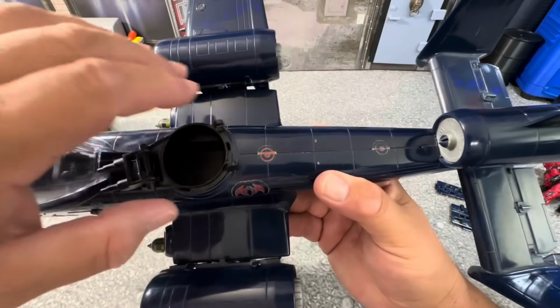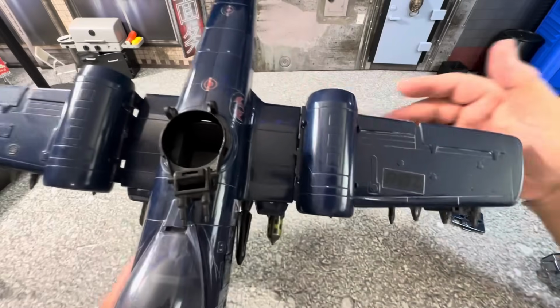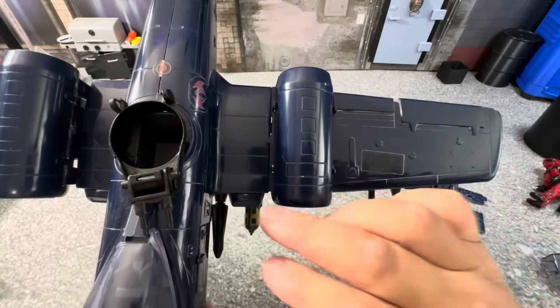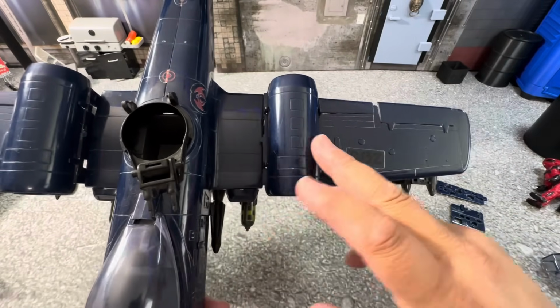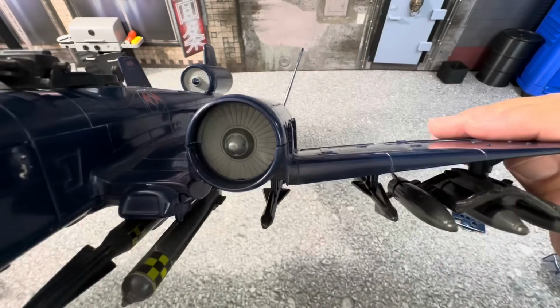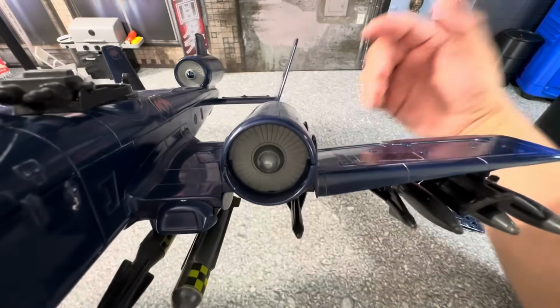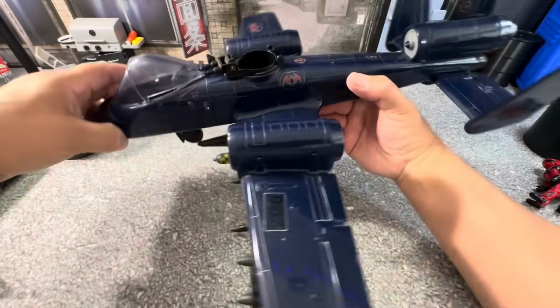You can see the panels that are just kind of lined up. Again, this thing is meant to take damage in the air. All right, so going across here, you have your dual engines that are sitting right here. You've got a fan going, that's what's sucking it in, and then on the back here,